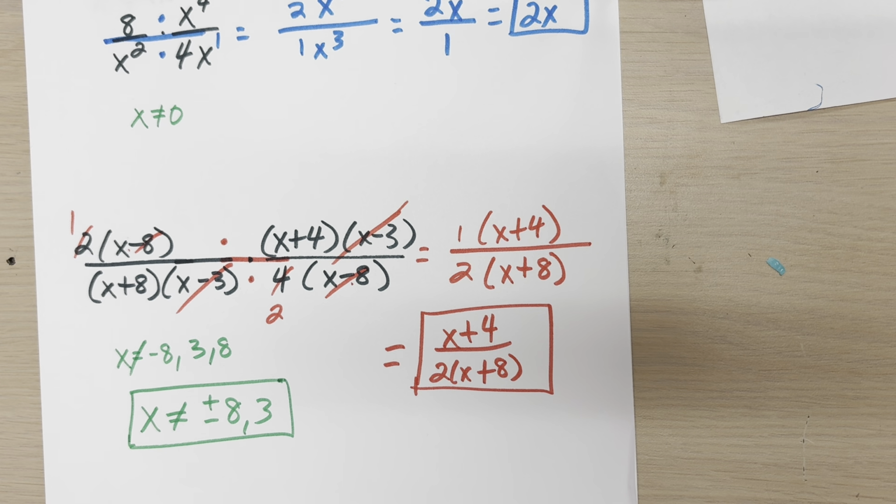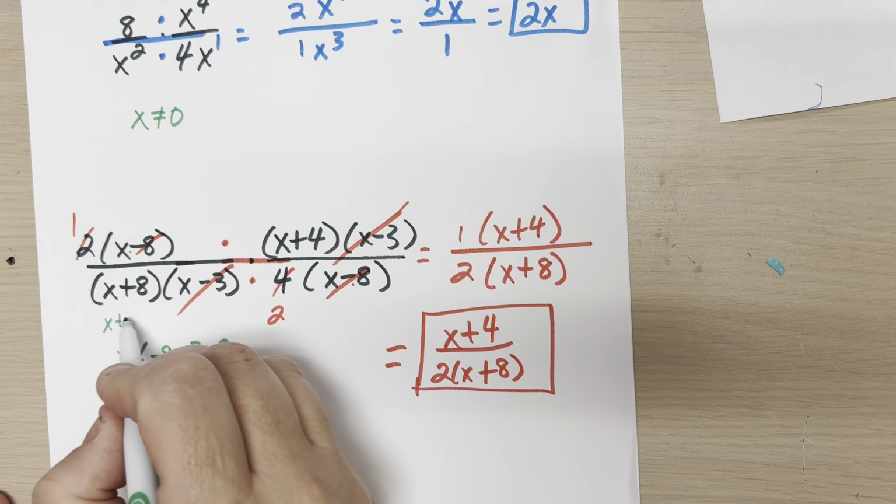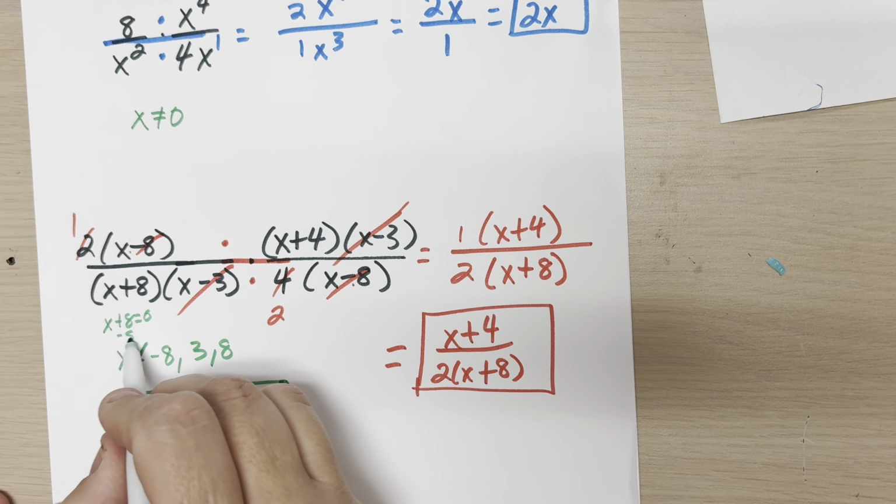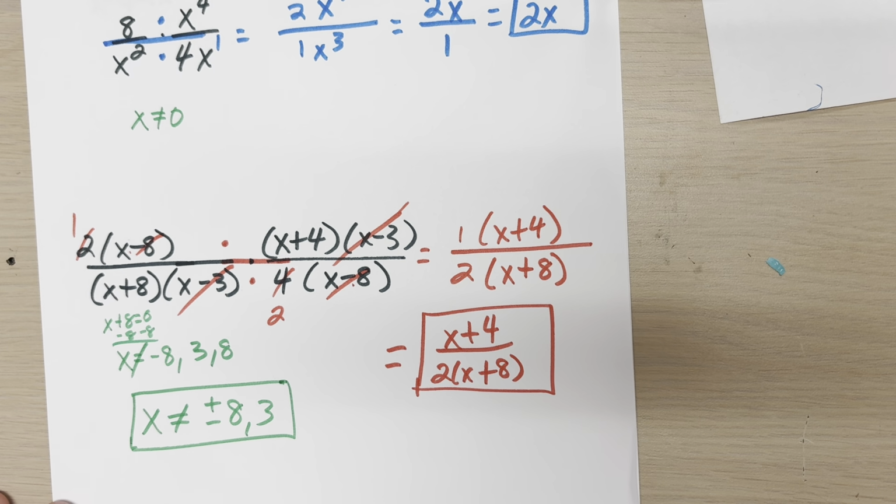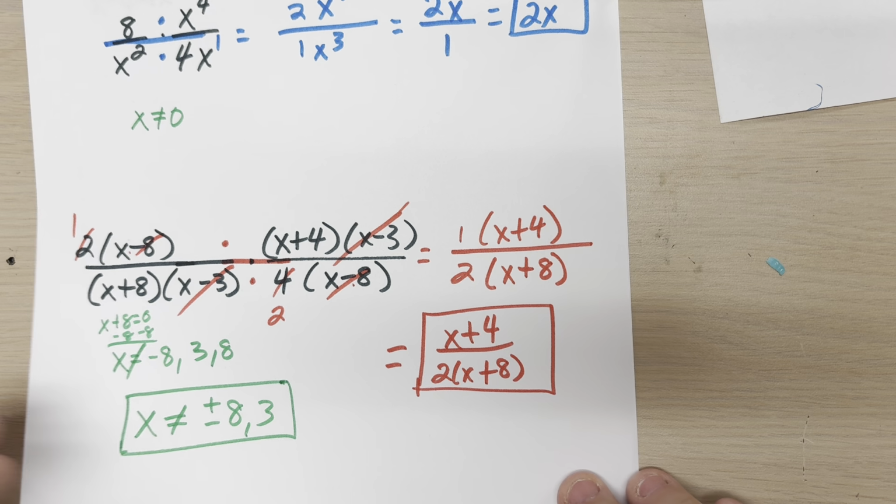Okay, in case you're wondering, wait a minute, how did you get those values? Just take each factor and set it to 0, minus 8, right? That's how I got that. So anything that's 0 in the denominator is not good for business. Okay,